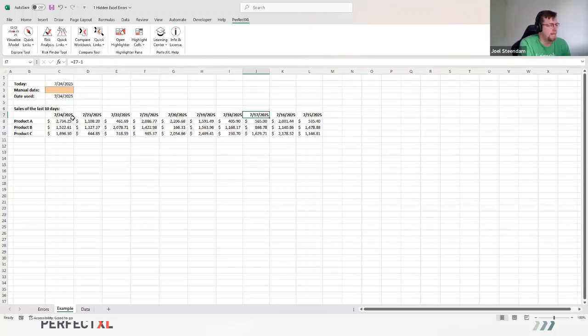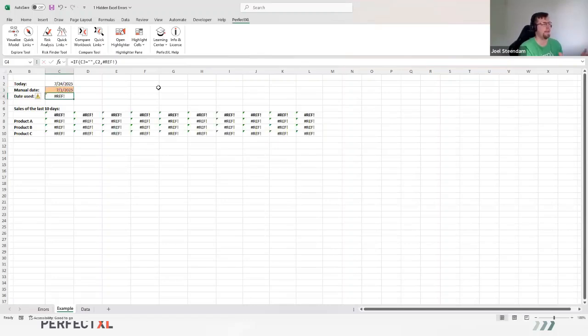And then we're calculating out 10 days back to get the sales information from the last 10 days with this structure. Works great. It's super dynamic, or at least that's the hope. But if I want to look back from July 1st instead of July 24th, I might fill this into a cell, and then we'll see there was one of those variable errors in my cell. Super problematic. Definitely not a great way to have your dashboard built up, and definitely something that you'd like to